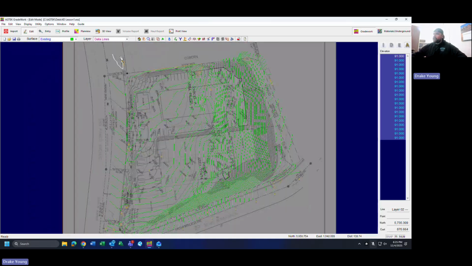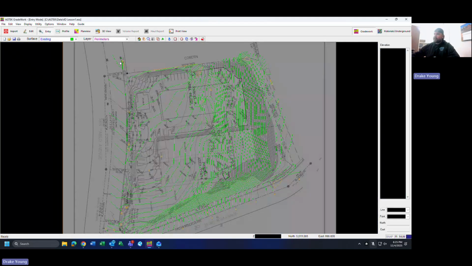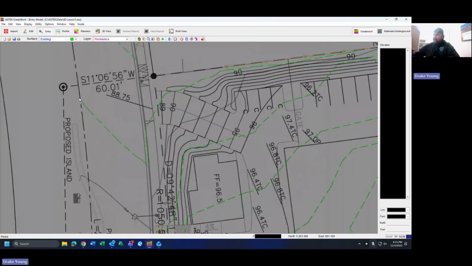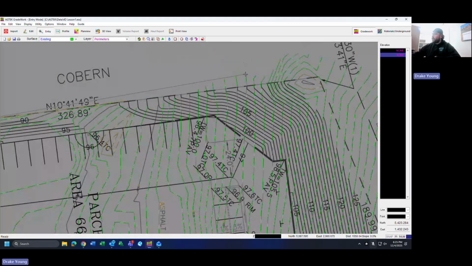So then once we have all of our data lines entered in with an elevation point, you can come through to perimeters. You go to edit, make sure you're in perimeters or else this won't work. And you press F8 to start your points, and then F6 to log your points. And you travel along the perimeter of the elevations you want to capture in your data for your cut and